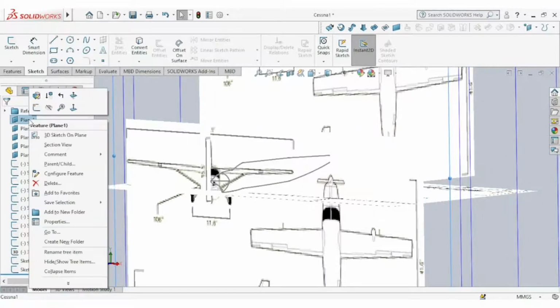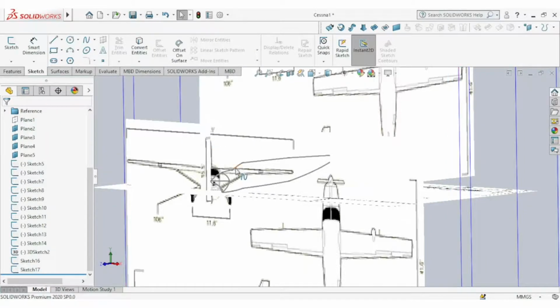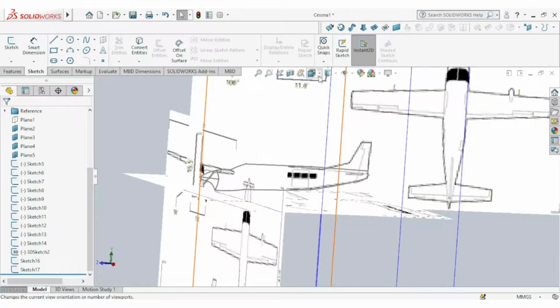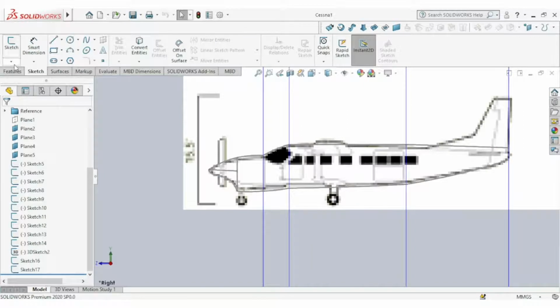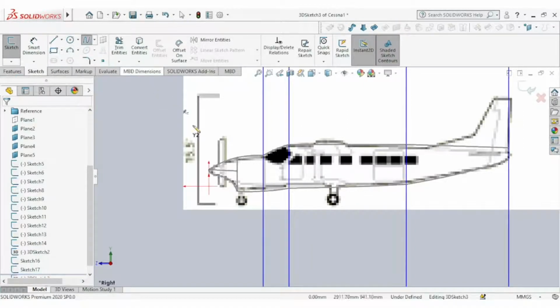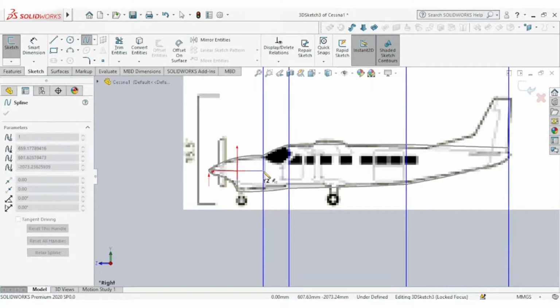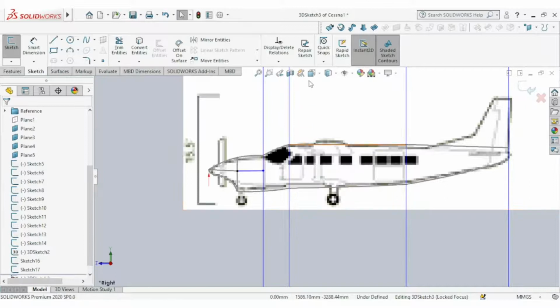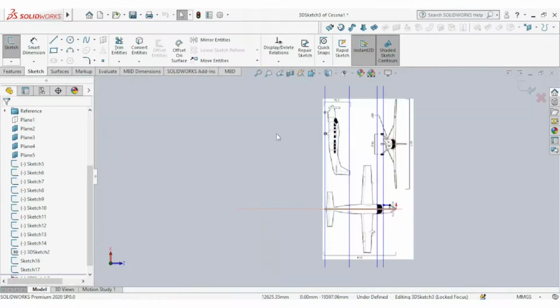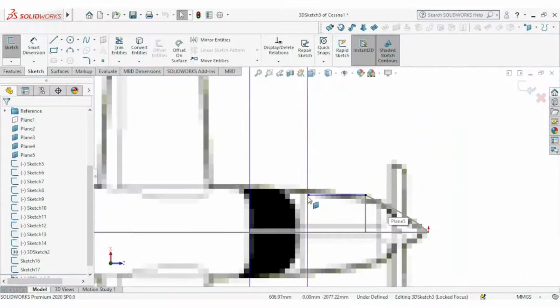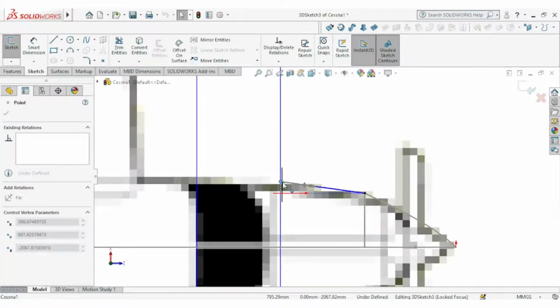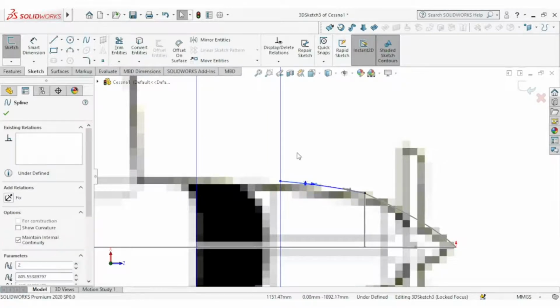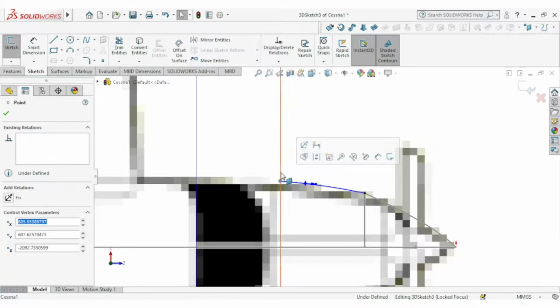Okay, plane 1, remove its visibility, and let's go to the side view, save these photos, and 3D sketch, top view, and then make sure this point is coincident with the plane.